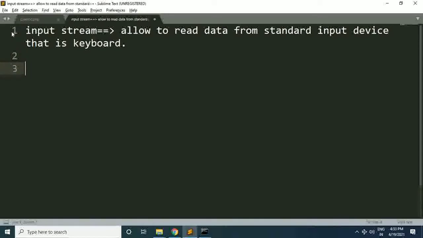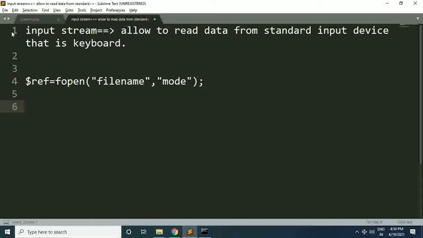Okay, now how to open a stream? So for opening a stream, the syntax is like this. You need one reference variable, equal to the fopen function, and this fopen function requires two arguments. First one is the file name which you want to open, and second one is the mode of the file.